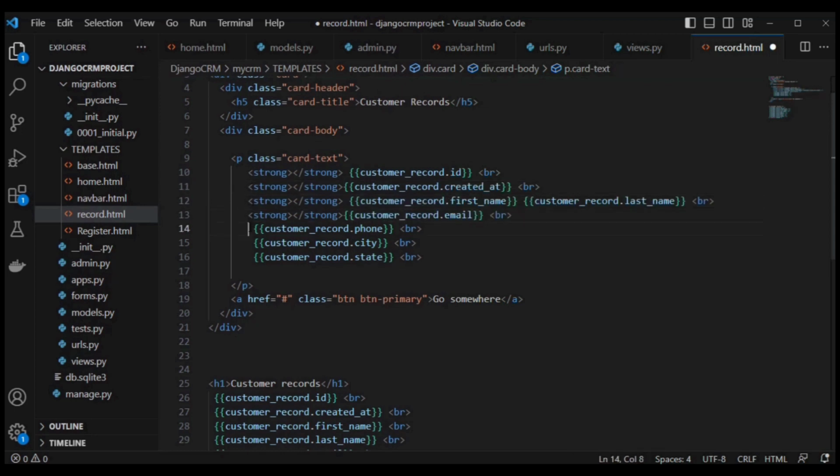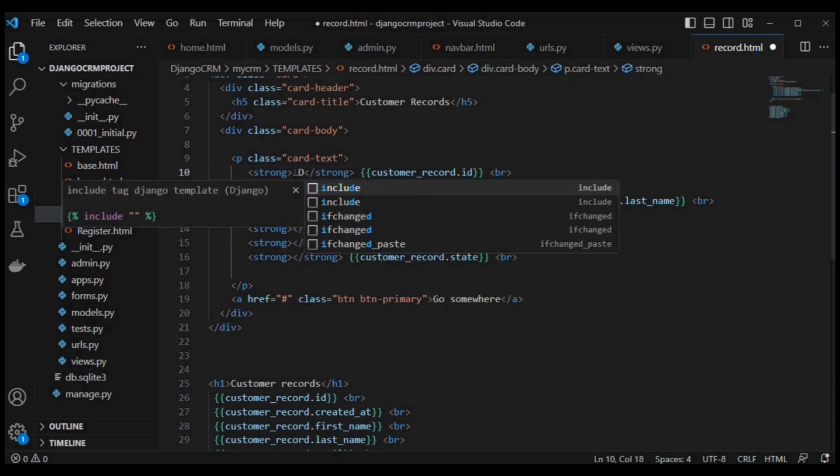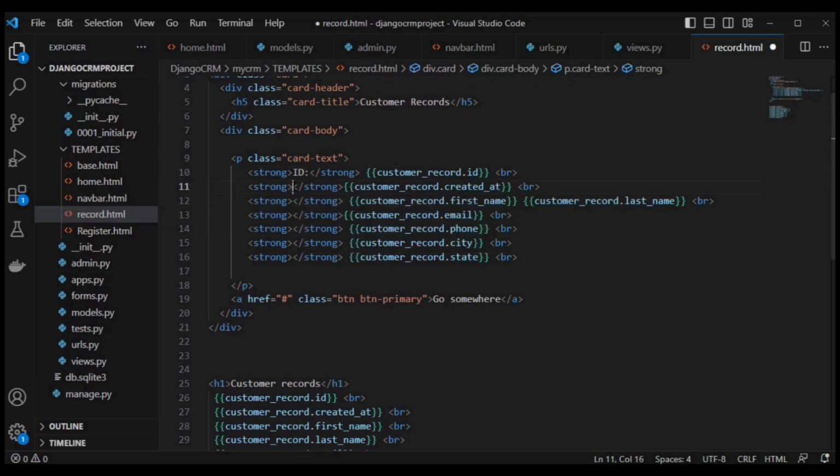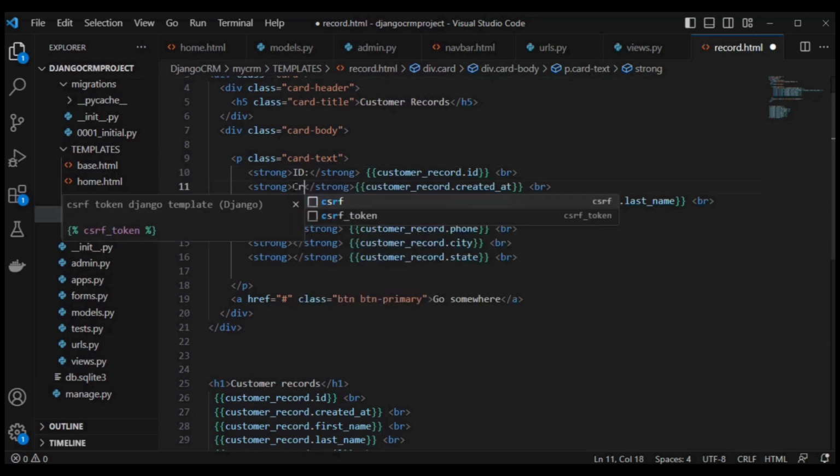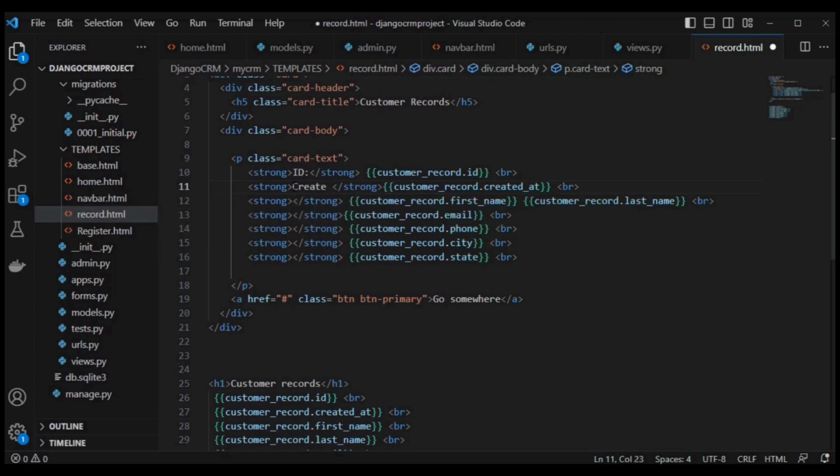So take strong tag. Let me take it for all, and write the field name in the strong tag. For example, id, then name, created time,